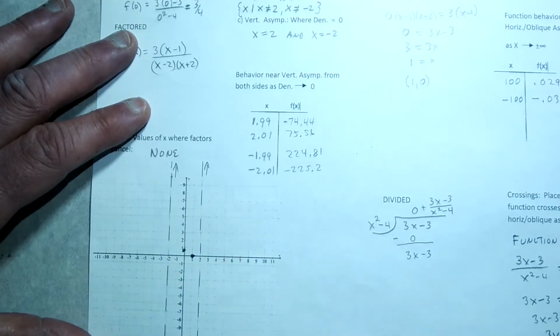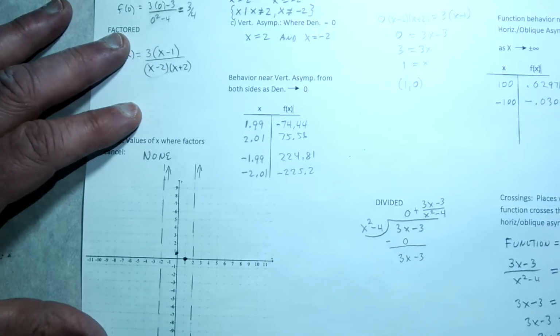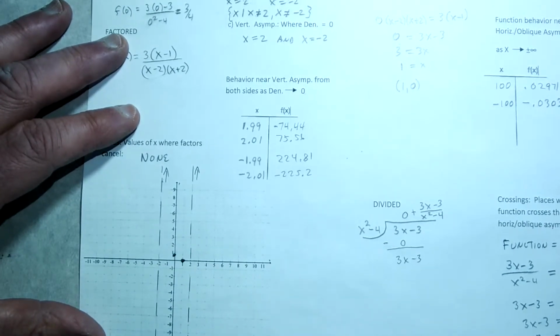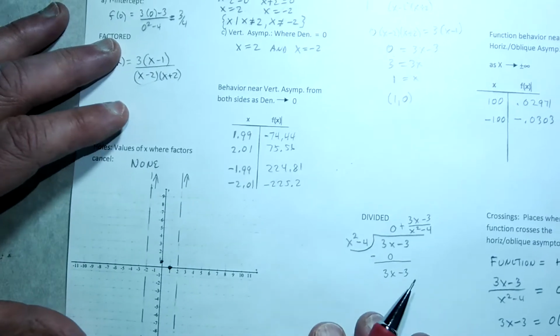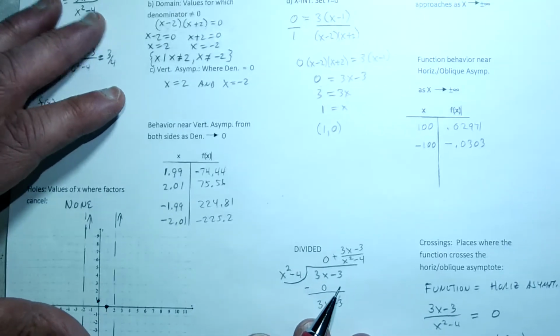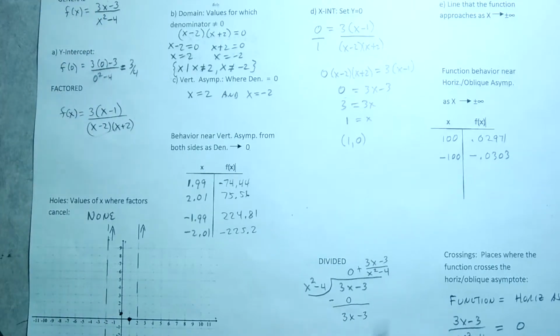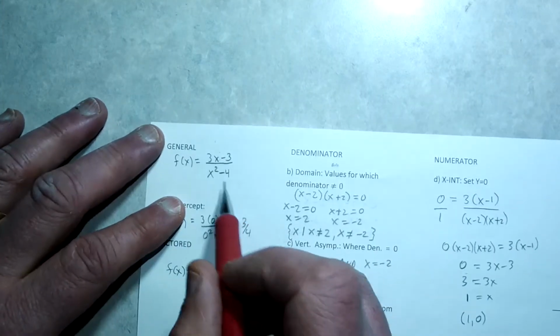Okay, and there's my x-intercept. There's my y-intercept from earlier. And now what? Well, now we better take a look and see about a horizontal asymptote. The way you could find a horizontal asymptote is through division. We're going to see eventually there's a pattern, and it turns out that anytime you have a proper rational function,